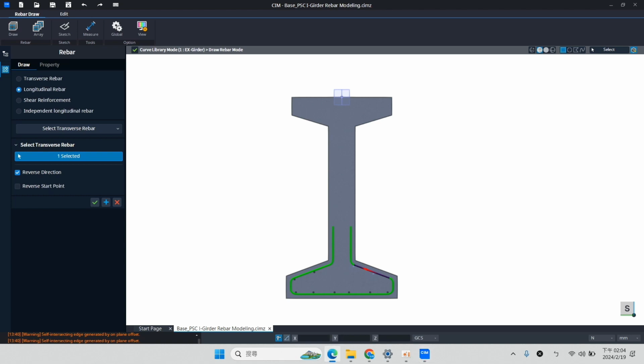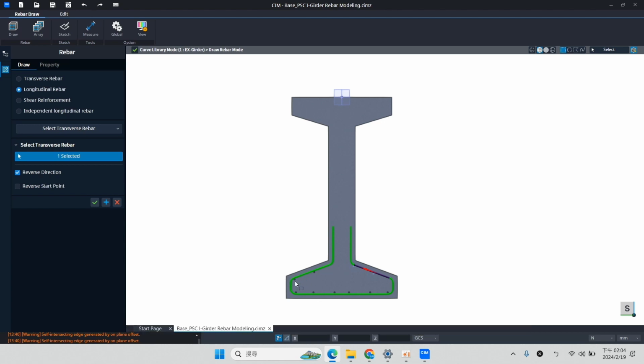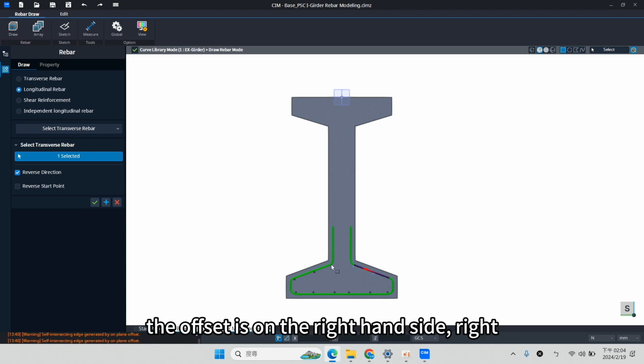And again, as I said before, if you click on the left hand side, you can see that the offset is on the right hand side, right?